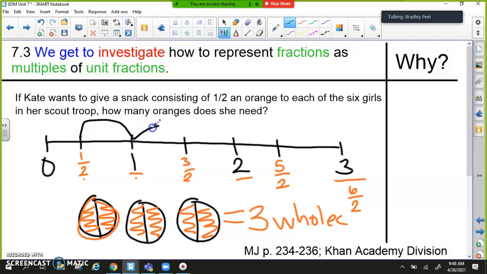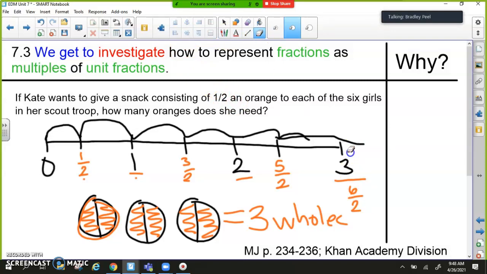So 1, 2, 3, 4. Oh, I'm sorry. Should have counted from 0, right? Not starting at one half, starting at 0. 1, 2, 3, 4, 5, and then one more skip count to 6, right? And remember, I call those increments. So I counted 6 increments of halves here. And if you look on the number line,